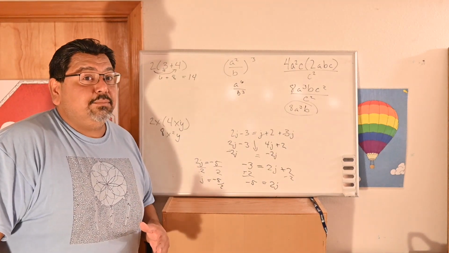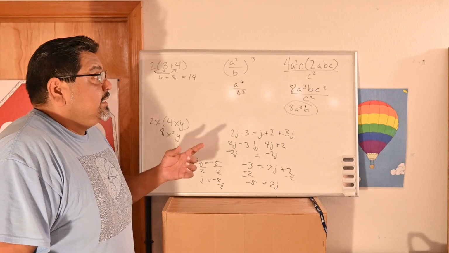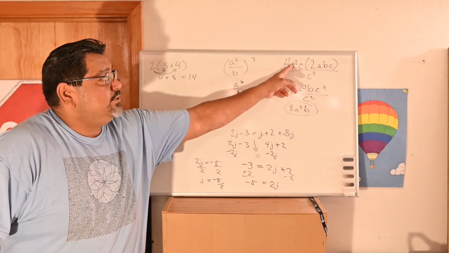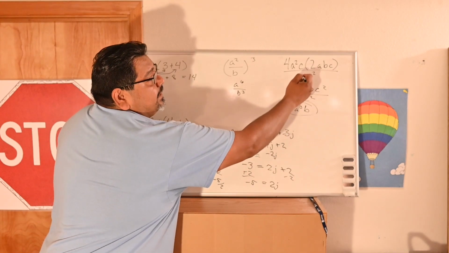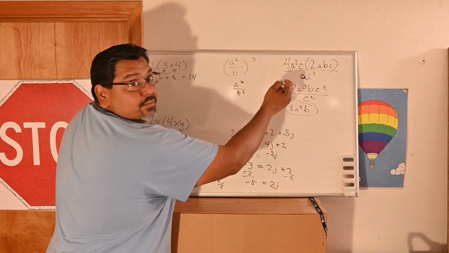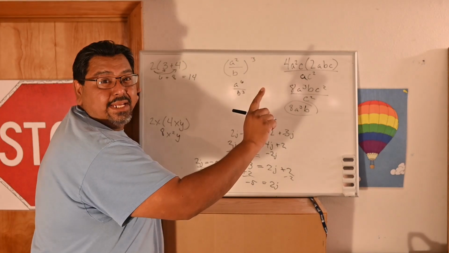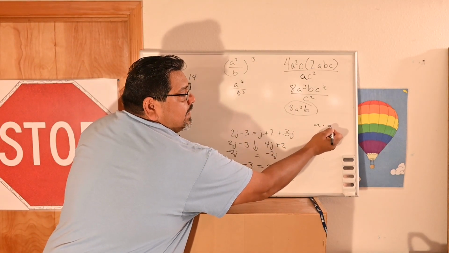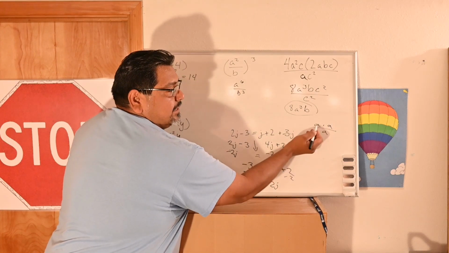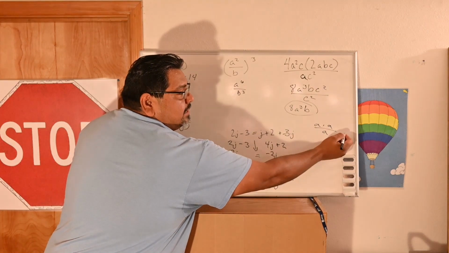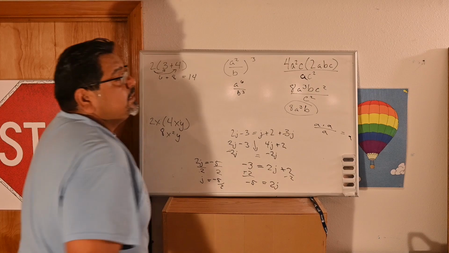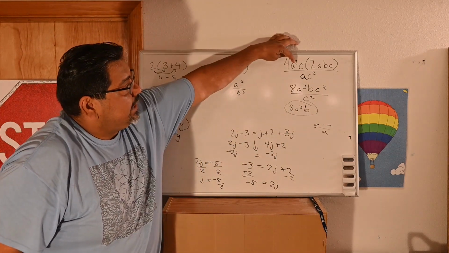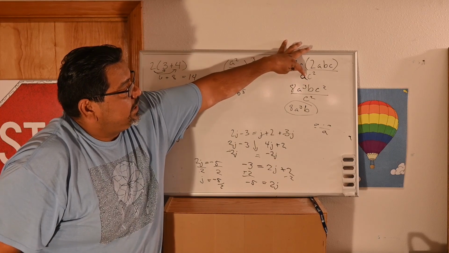It gets really deep, but these are the basics. Dividing it, make sure we're subtracting. If we had an a down here, we have 2a's divided by 1a, it would look like that. A times a divided by a. A divided by a is 1, and you're left with just 1a. So the trick here when you're dividing is you're going to subtract the 2 minus the 1, and you're going